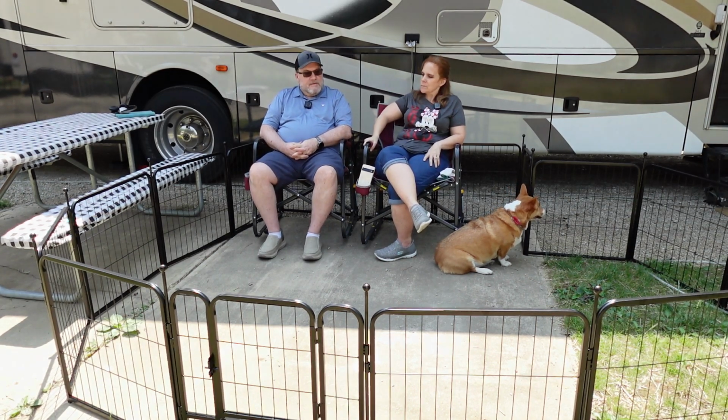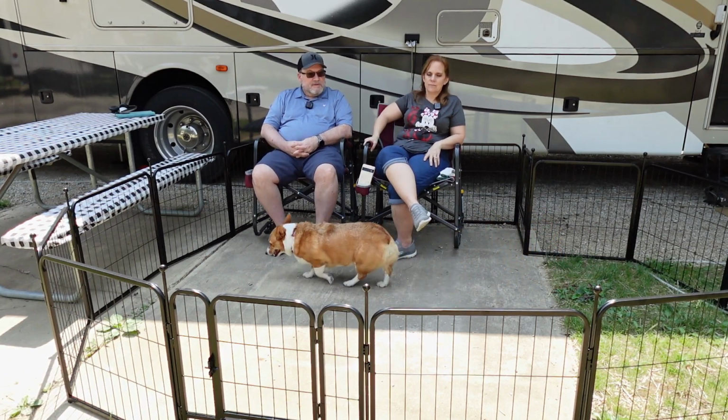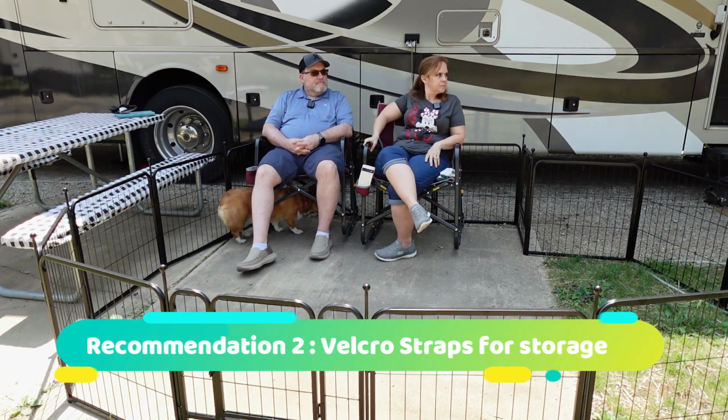I'm a little nervous about how much they're going to rattle around when we're driving down the road, and how stable they'll be as far as storing them. We might get some Velcro straps or